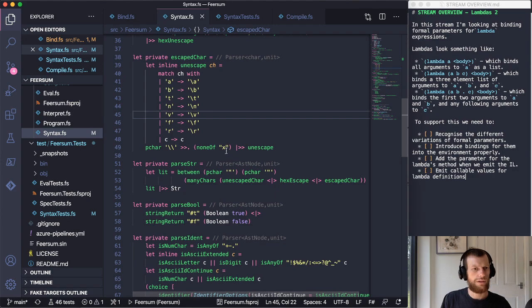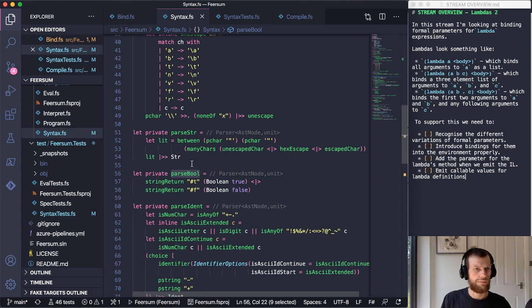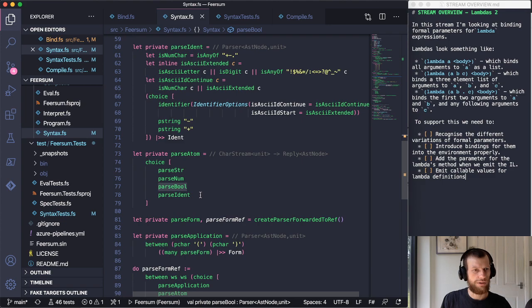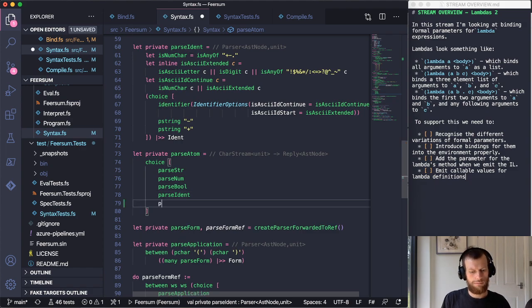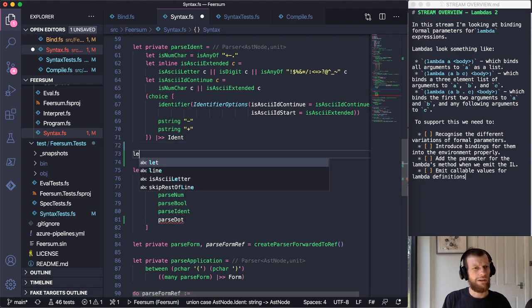Back over here, we've got parse string, parse bool. Where are they all being used? Parse atom. So I think we want a parse dot. Parse dot is just going to say that